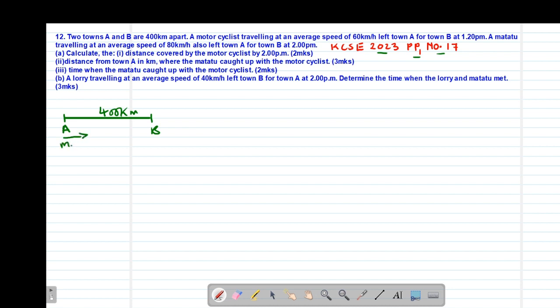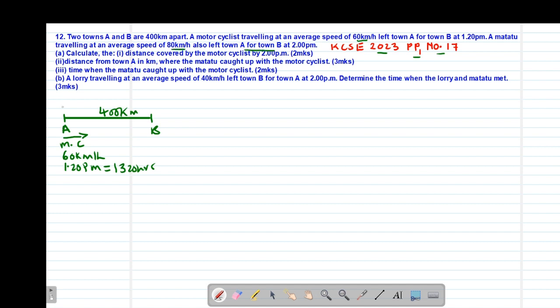This is what we are calling the motorcyclist. So the motorcyclist is traveling at a speed of 60 kilometers per hour. Then left town A for B at 1:20 p.m. So starting time is 1:20 p.m. In 24-hour clock system, this will be 13:20 hours. Then a Matatu traveling at an average speed of 80 kilometers per hour also left town